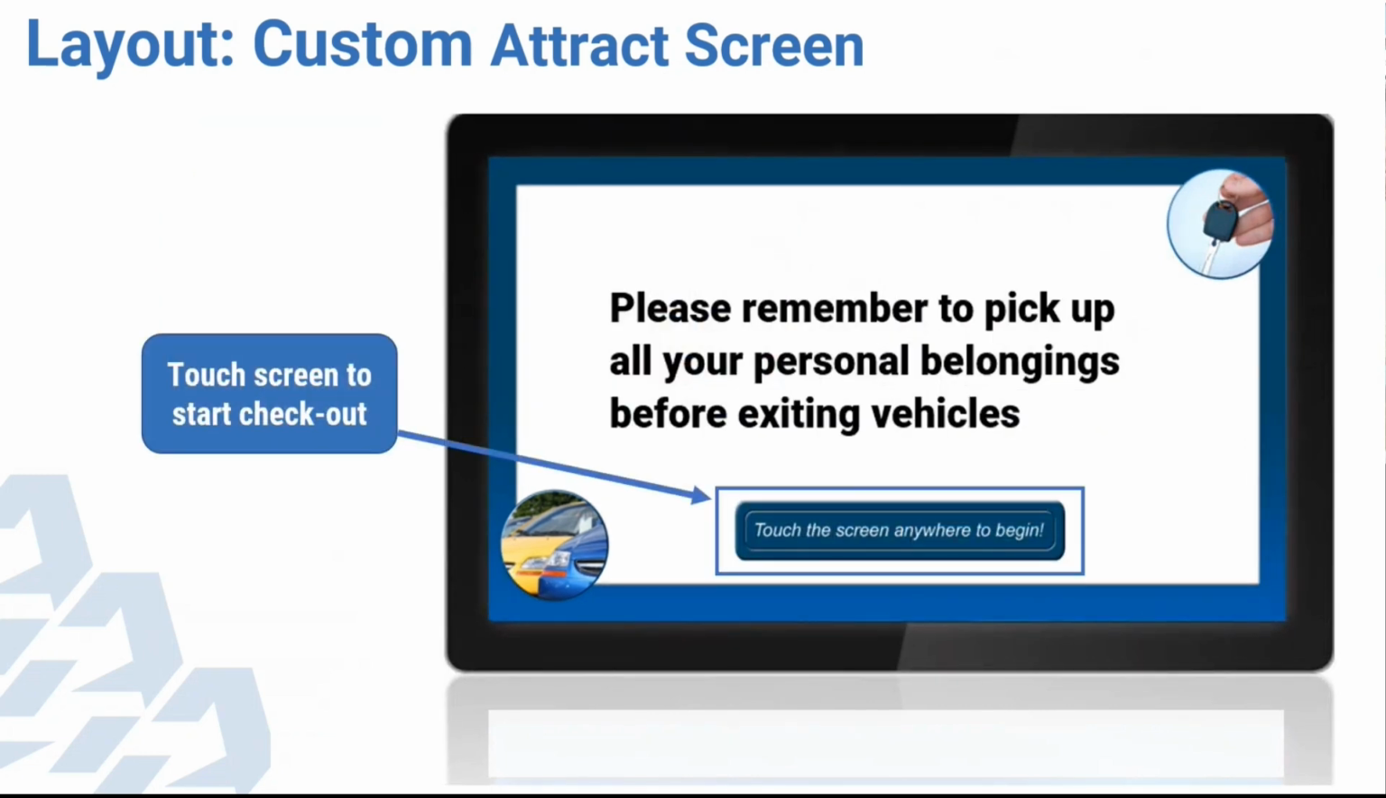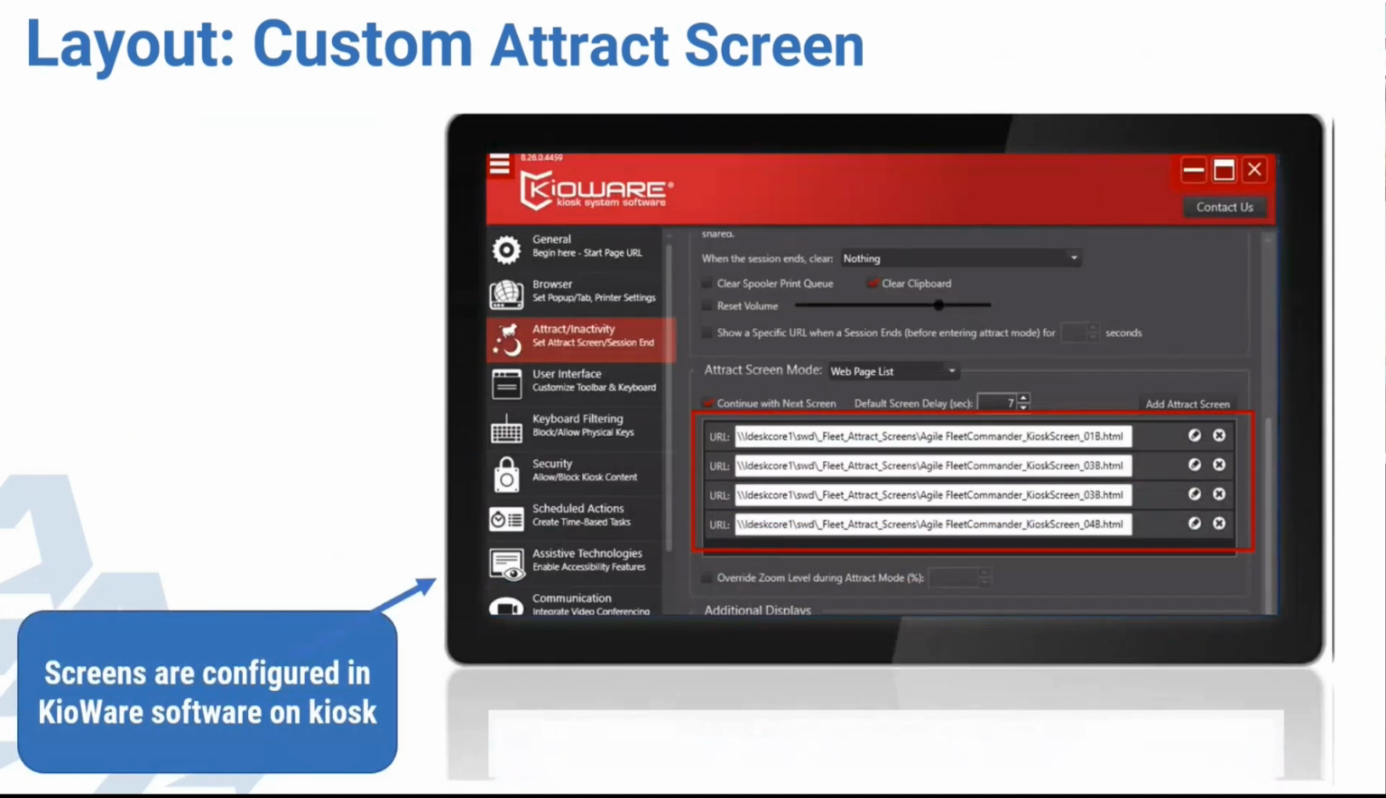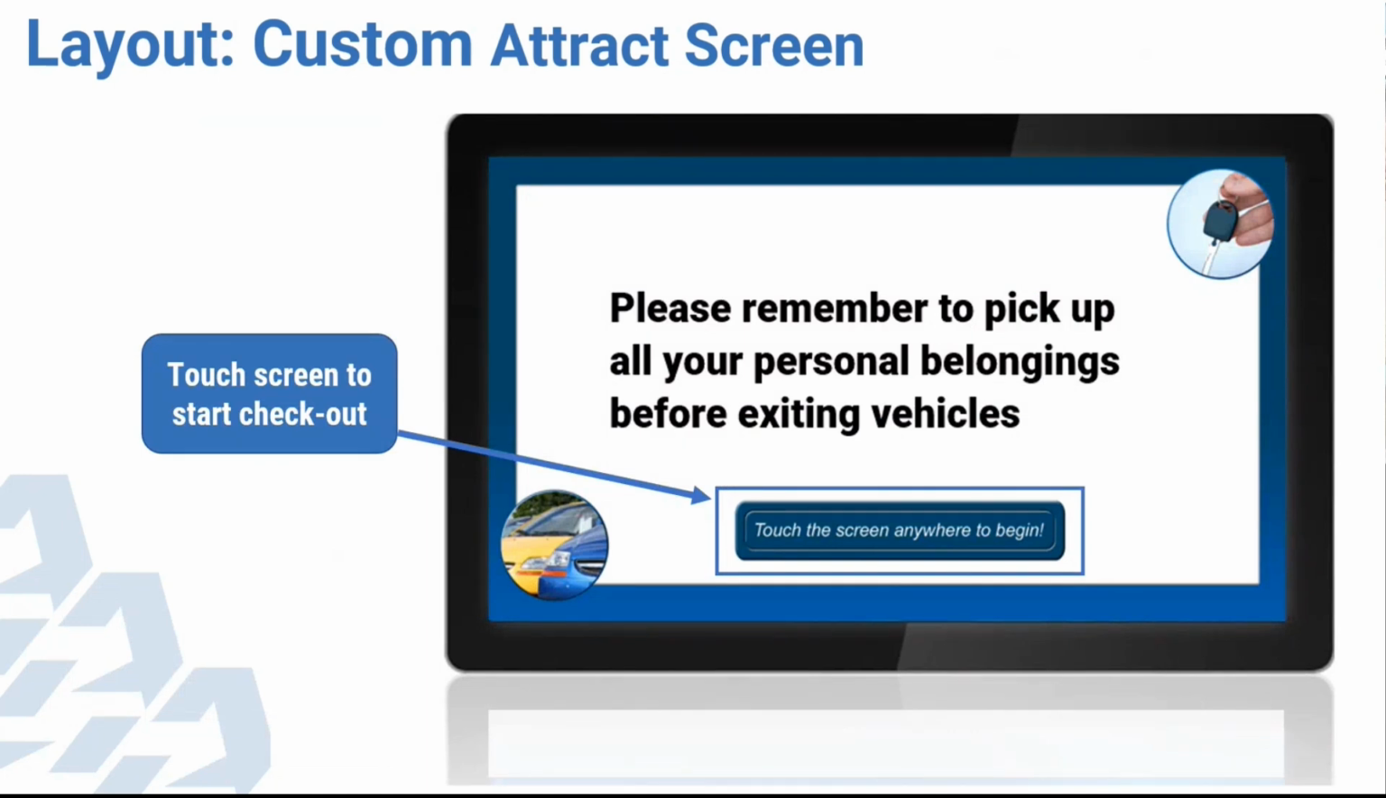It will cycle through until it's time for it to be used, and by touching the screen, that will activate and send the screen back to the original layout. What you see here is where you actually load within the kiosk itself those attract screens, and this is something that is there, but